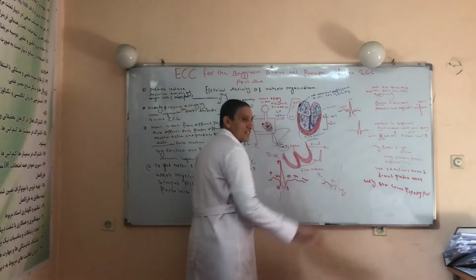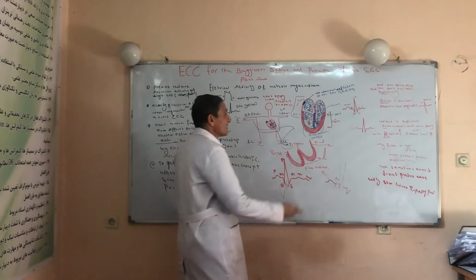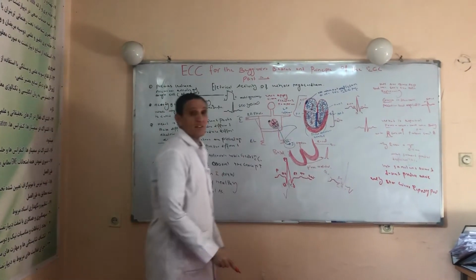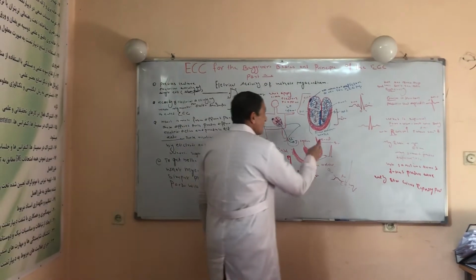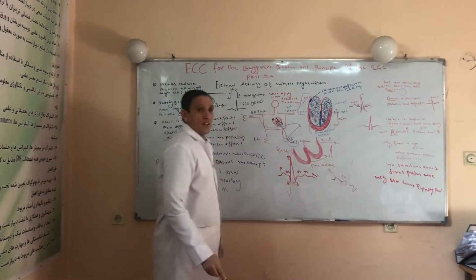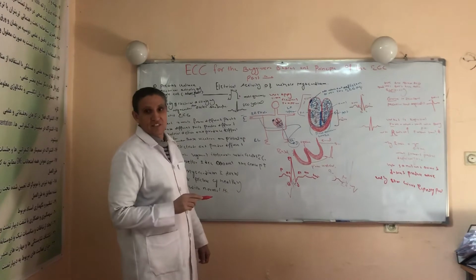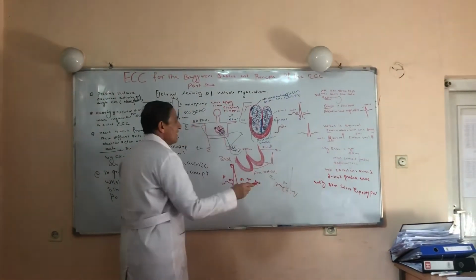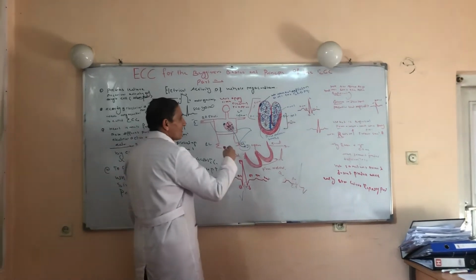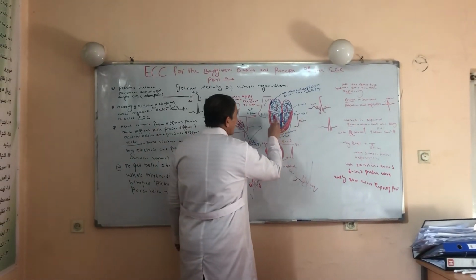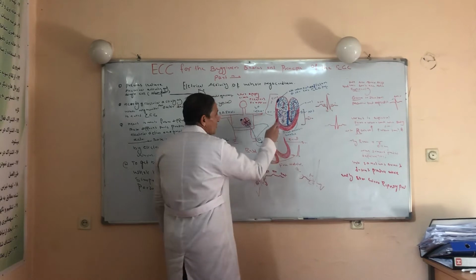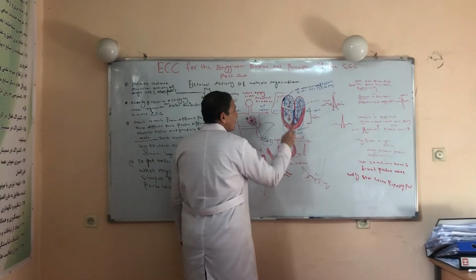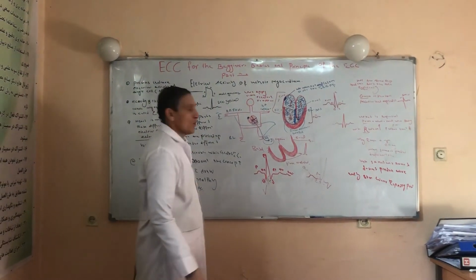The left ventricle is thicker than the right ventricle, and the mass of muscle of the left ventricle is greater. Therefore the left ventricle exerts more influence on the ECG, even more than the rest of the heart. Right now we will come again. After the right ventricle depolarization, a small wave is present, which represents the right ventricular depolarization vector.